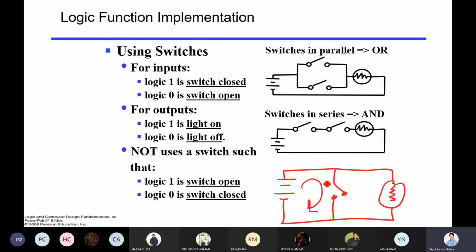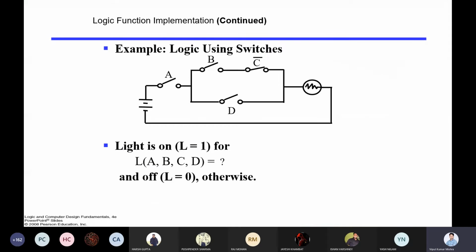In the NOT gate, if you remember the short circuit concept, current always follows the minimum resistance path. Do you remember this concept from physics? Yes, sir. Once this circuit is closed, then the current will follow this path because that is the minimal resistance path. But if it is open, then it will glow. So when this is 0, this will be 1. When this is 1, this will be 0. And this is representing the NOT gate. Getting it?